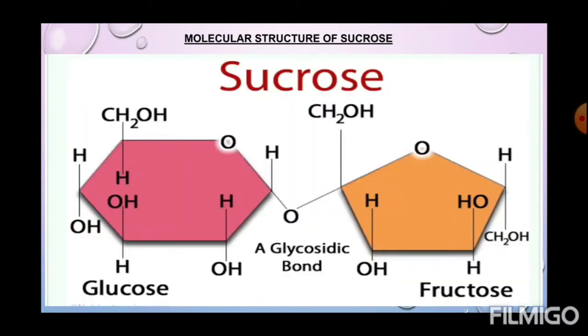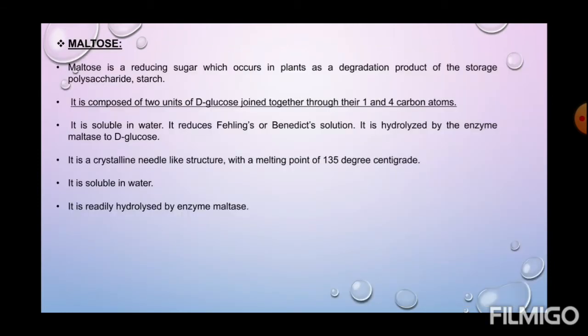Now, before I proceed to maltose, I would like to explain the structure of sucrose here. Children, sucrose is made up of two molecules of monosaccharides, as I am explaining disaccharides. So, sucrose is a disaccharide. Di means two sugar molecules. One is a glucose molecule and the other is a fructose molecule. They both join with a glycosidic linkage. As you can see in the diagram, a sucrose sugar is formed.